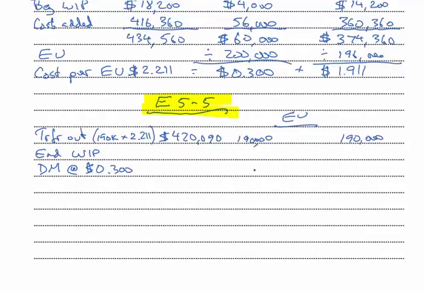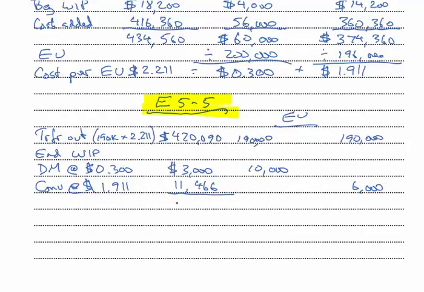0.300, and there were 10,000 equivalent units of that. So 10,000 times 30 cents is $3,000. And then looking at conversion at a cost of 1.911, and there were 6,000 units, and so doing the math, we get 11,466,